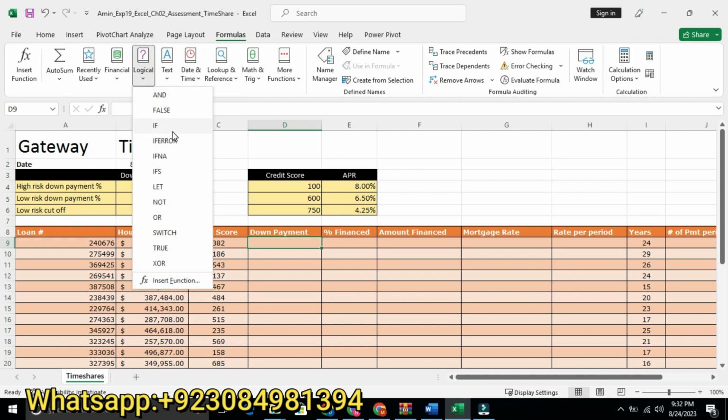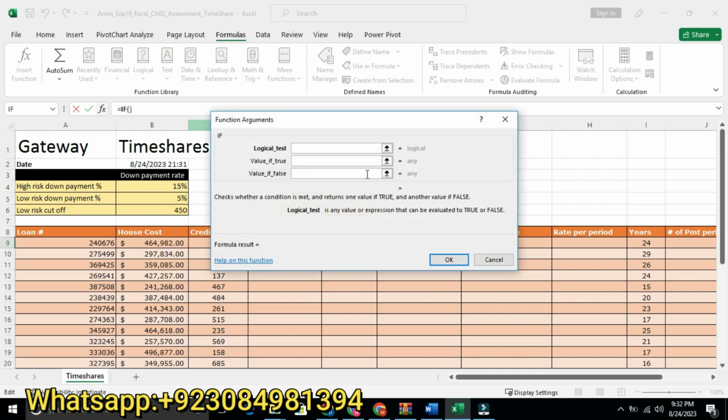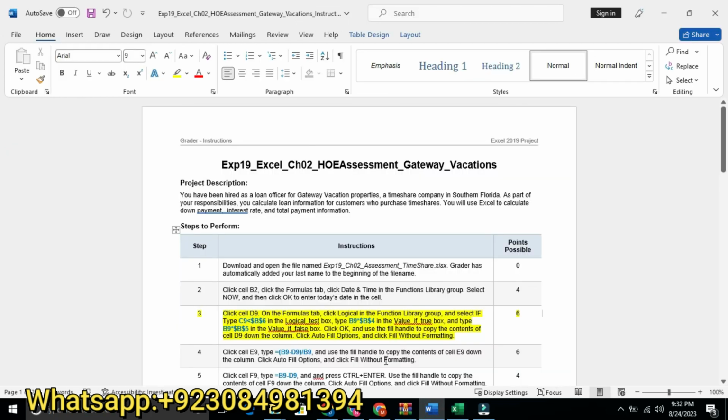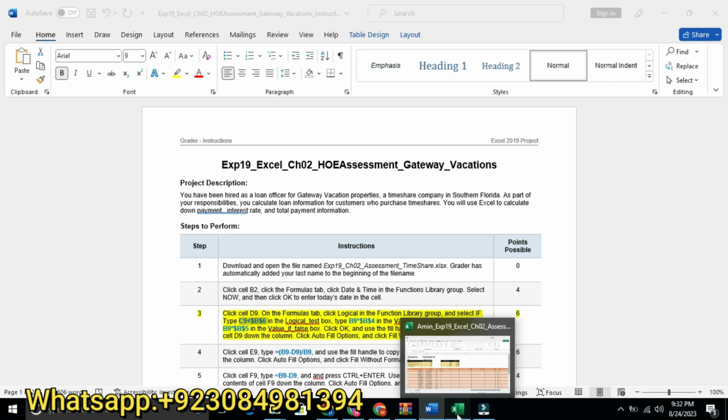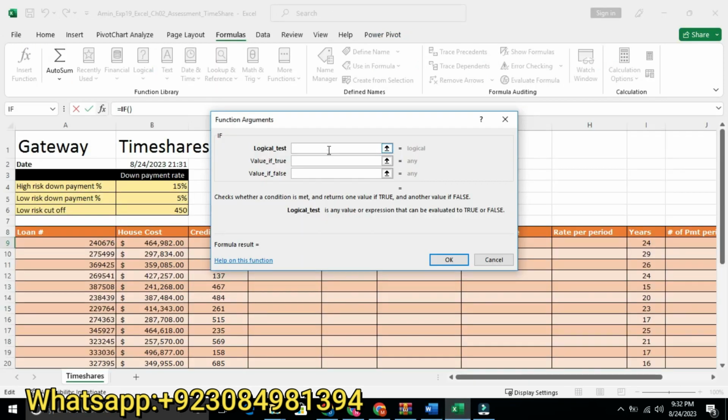We will select this one, the IF function, and then what he is saying, type C9. We will copy this one and paste it in the logical test box. Here we will paste this one.